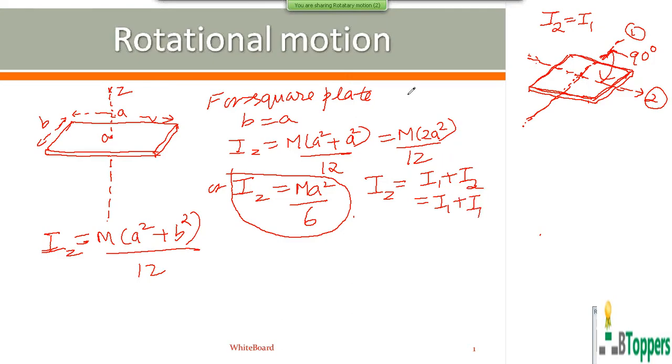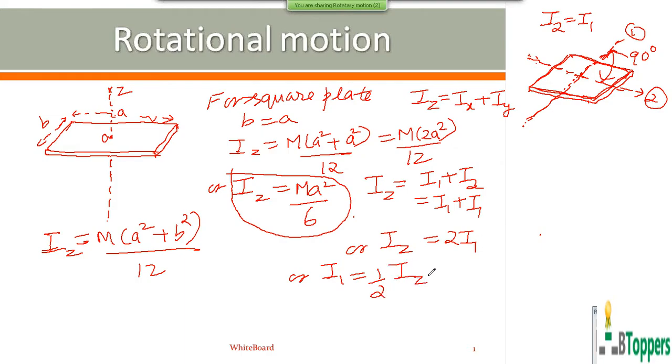That means here in the basic equation for perpendicular axis theorem, which I have written as Iz equal to Ix plus Iy, I have taken Ix equal to I1 and Iy equal to I2. And I2 and I1 are equal. This you can write as 2I1. That means the moment of inertia of the square plate about an axis in the plane of the plate and passing through center of the plate will be half of the moment of inertia about central axis of symmetry. The moment of inertia about central axis of symmetry will be ma square by 6. So this I1 can be written as ma square by 12.